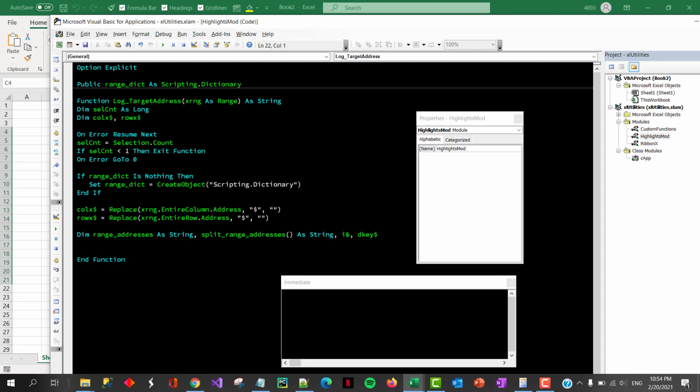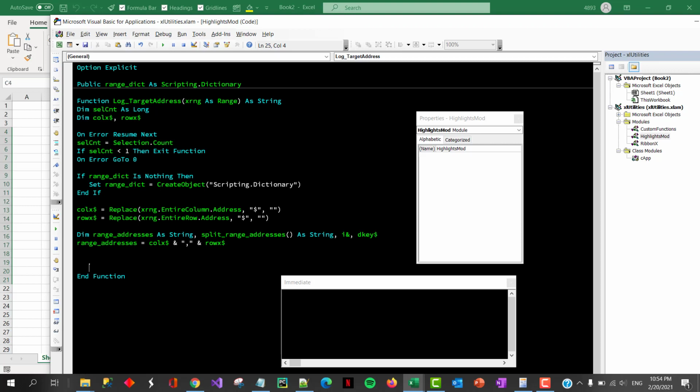This will be string. All right, and then this range address will be this, and we're just basically concatenating them with a comma. Okay, now we will check if